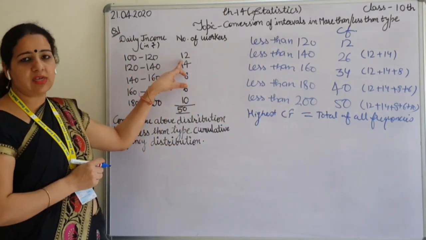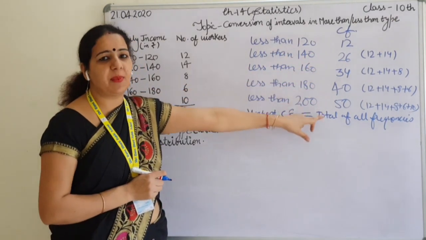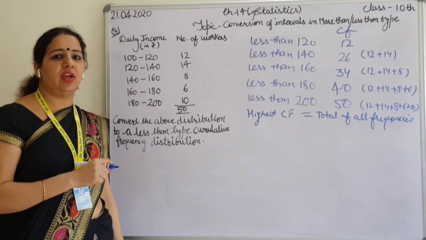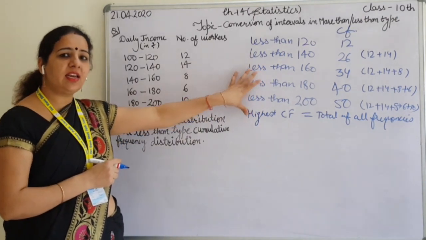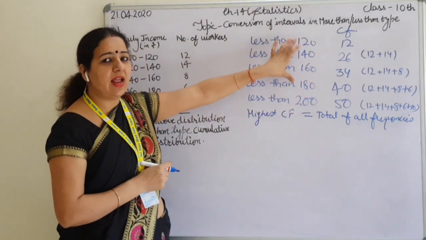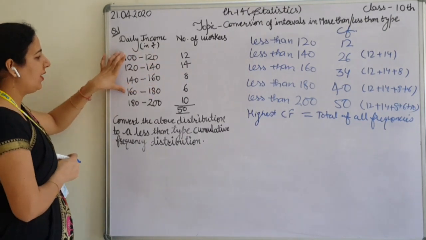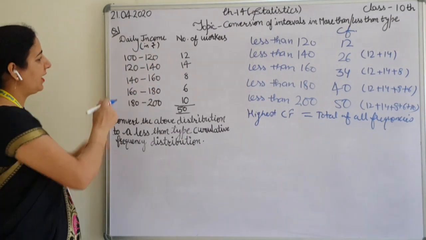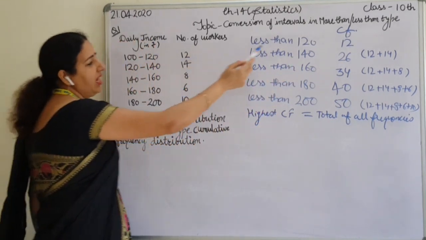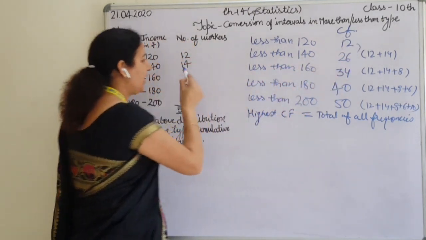After that, the question will start from the top and we have to write down all the respective frequencies by adding. Let me explain the last class again here. If you want to convert the less than into an interval, then the digit with the less than will be the upper limit. After that, the lower limit we can design ourselves by taking the difference of class limits. Now the first number will remain the same. Yes, the first number is the same. Then subtraction. Yes, I have subtracted here.